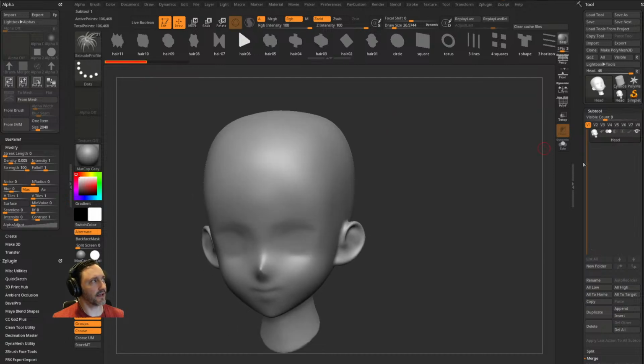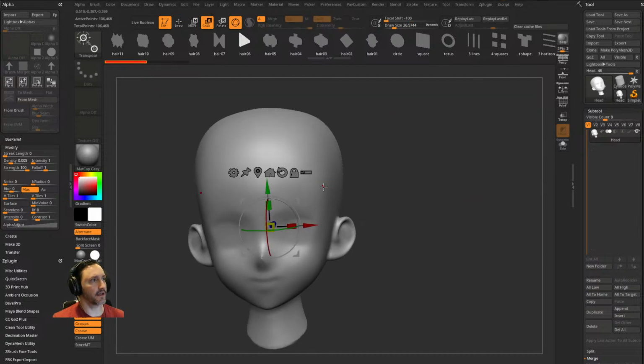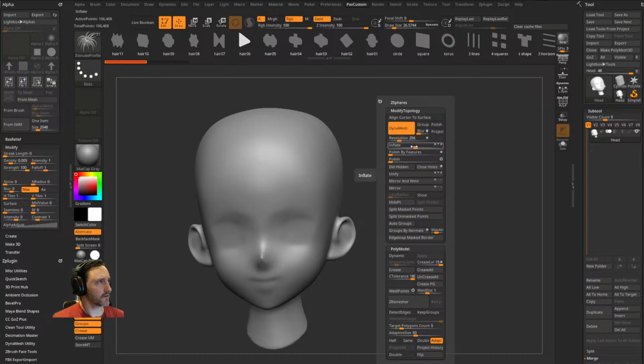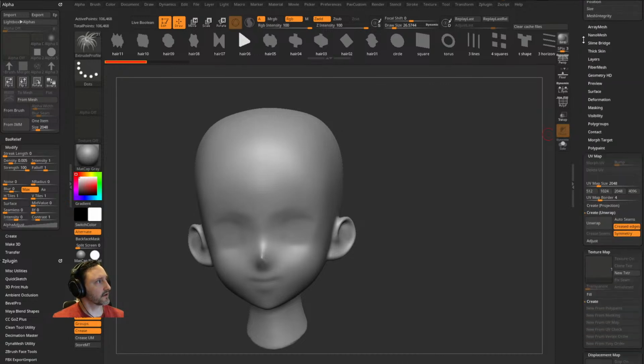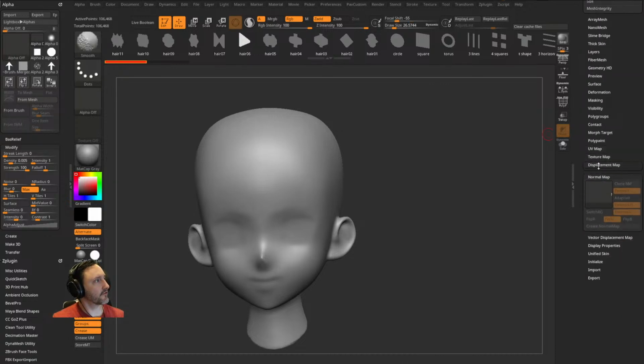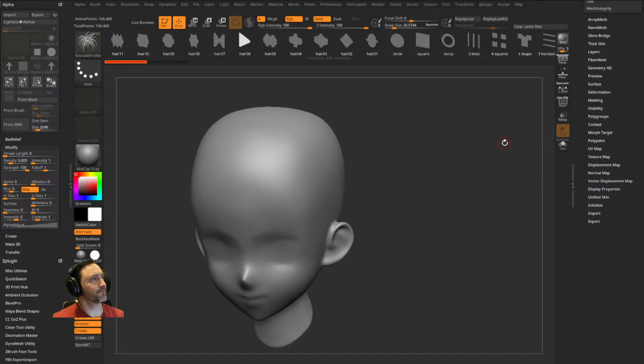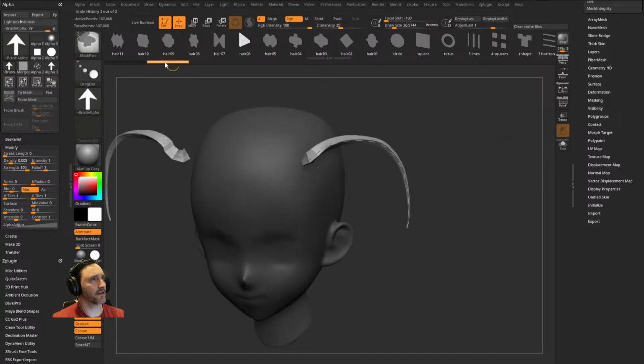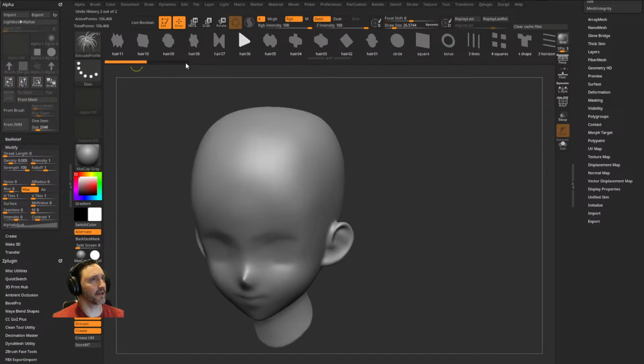For example, if you want to take this head and do a deformation, well, first let's do this. Let's hold down Control and tap this point in history, Control tap again. That'll get rid of any stored history we might have. The default